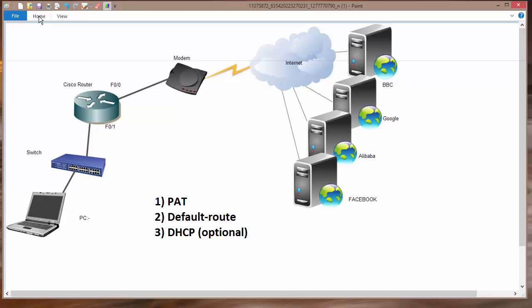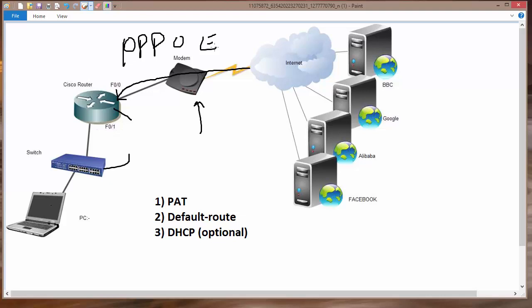As we can see, we have a modem or a DSL router, which is most probably offered with a broadband connection. We have a Cisco router and switch as well as a PC. I would like to share with you that most ISPs offer a special cable which can connect directly to your Cisco router rather than a modem, because nowadays you can run Point-to-Point Protocol over Ethernet, which is the technology used inside broadband.